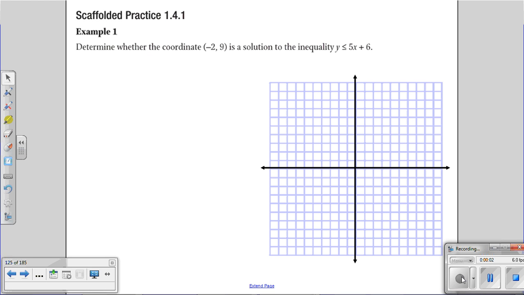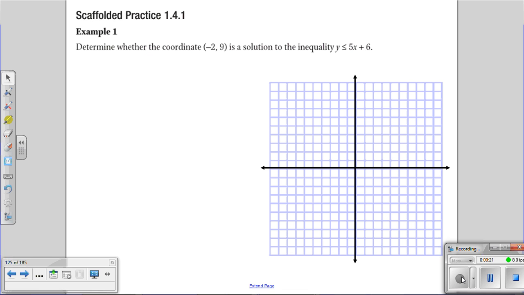Okay, this is for Math 1, Lesson 1.4.1. And what we're talking about in this lesson is inequalities. And the book refers to them, which I like, as constraints and restrictions. So here's the important overarching objective: